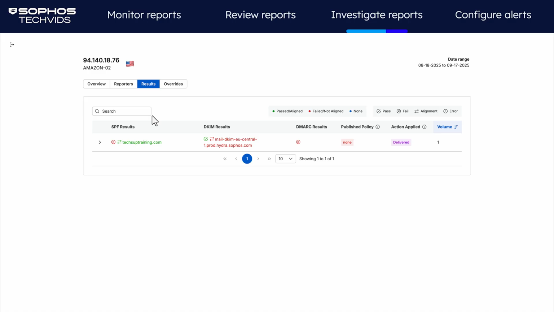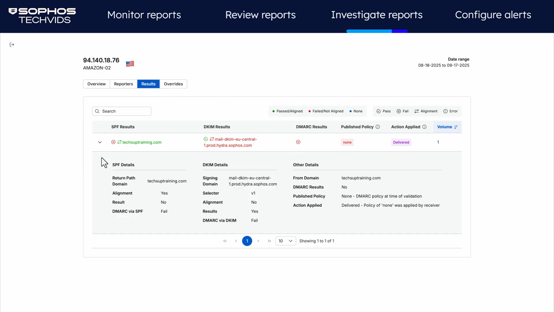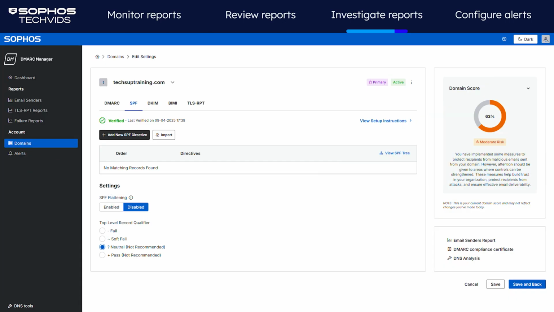In this case, you can see that the email failed DMARC due to SPF failing and DKIM not being aligned. Hovering over the red X also shows the details for the failure. Use this information to investigate or adjust records. In my case, as these are coming from the expected IPs and domains, I'll make sure this wasn't forgotten under the SPF settings. Navigate back to the DMARC settings.